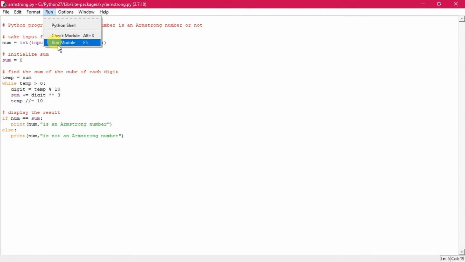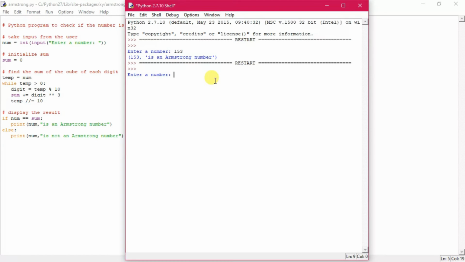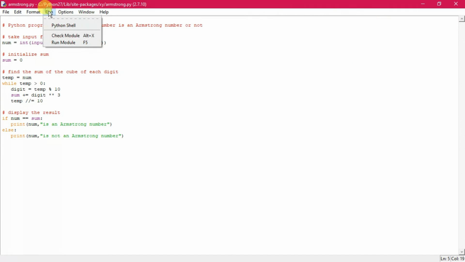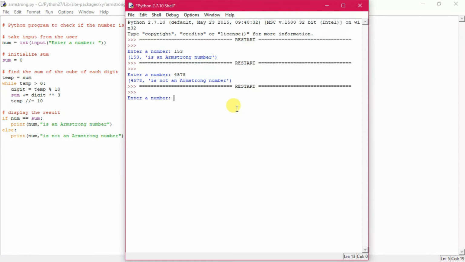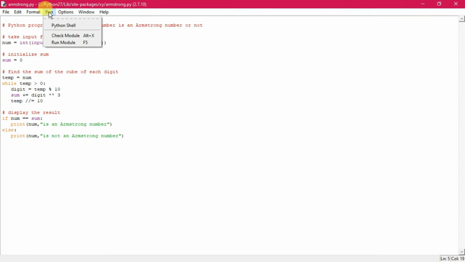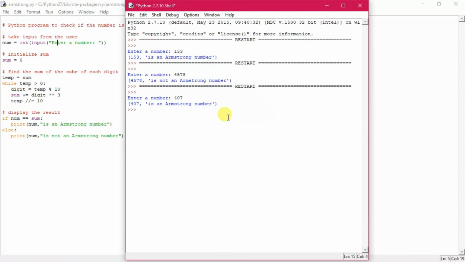All right, now I'm checking any other number, anything random. I'm taking, say, 457.8. Not an Armstrong number. Now I'm checking another one, as I've told you, 407, and it is an Armstrong number. You see here, I'm checking one more very interesting number. The first Armstrong number, 1, is an Armstrong number because 1 cubed generates only 1. So that's what is happening.